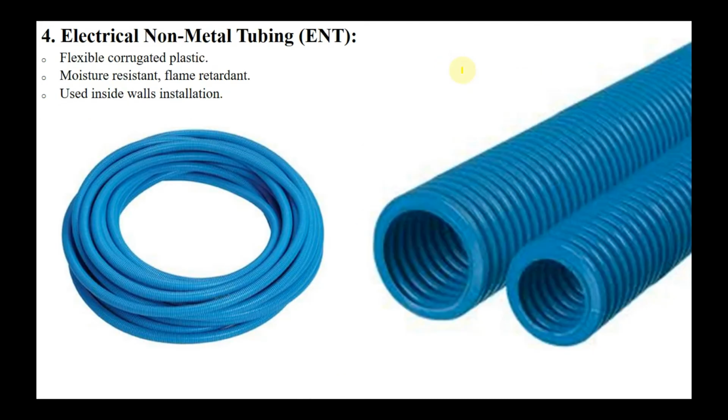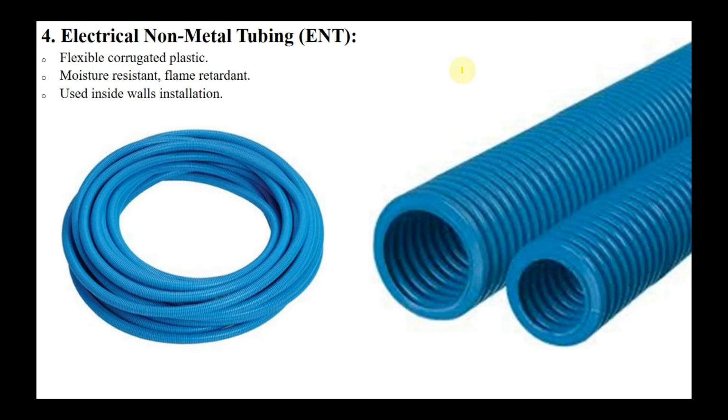It is made up of flexible corrugated plastic. It is moisture resistant and flame retardant and used for inside wall insulation. Basically, it is used in those areas which have moisture. So there are some specific areas which have moisture in the wall, so that's why this is the best match